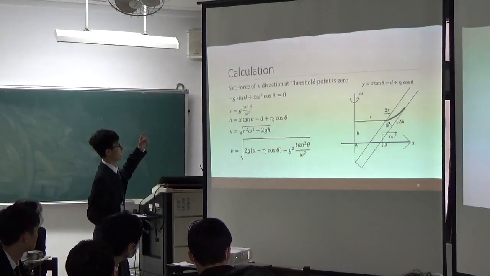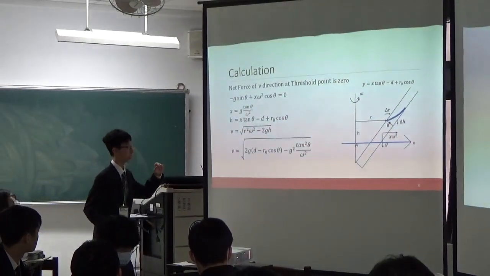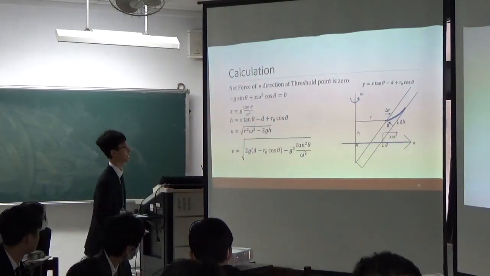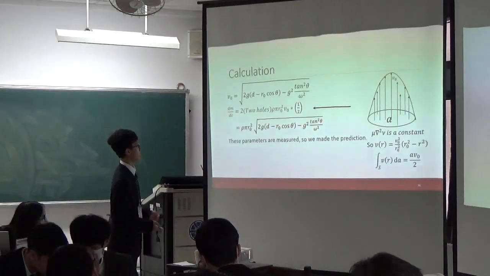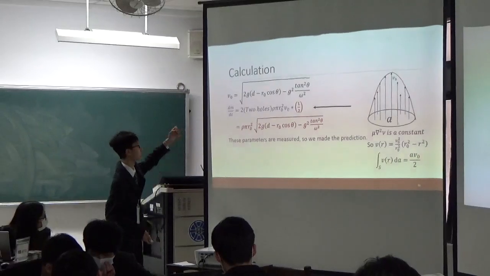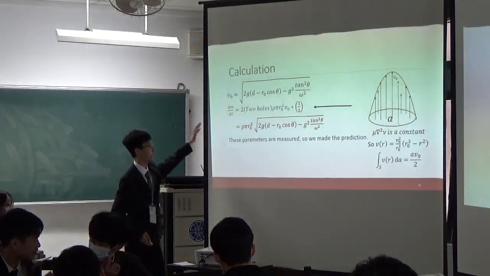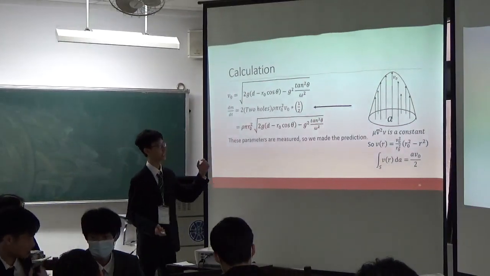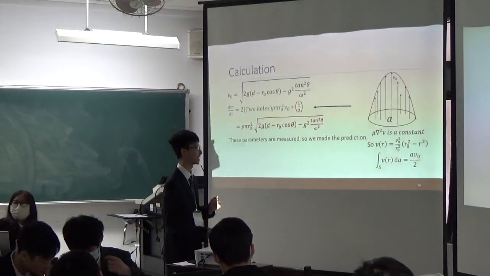Okay, then the left force like this, and do some math. We know the V function, and the V point is equal to V naught, and we calculate like this, and we can calculate the dm over dt like this, but we need to time a half because the Lagrangian of V is a constant,